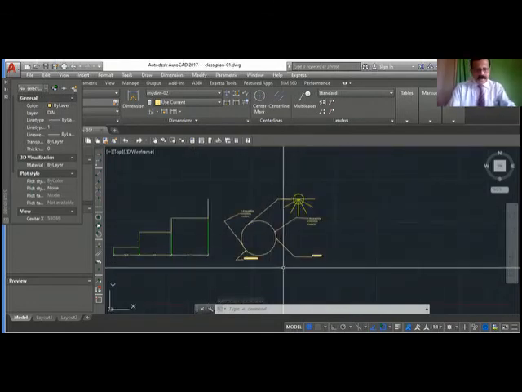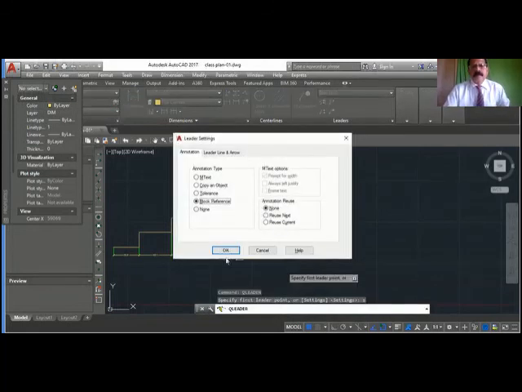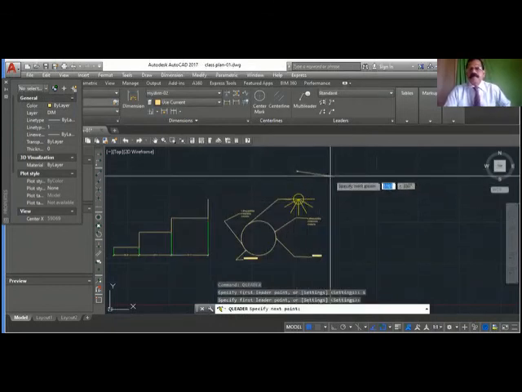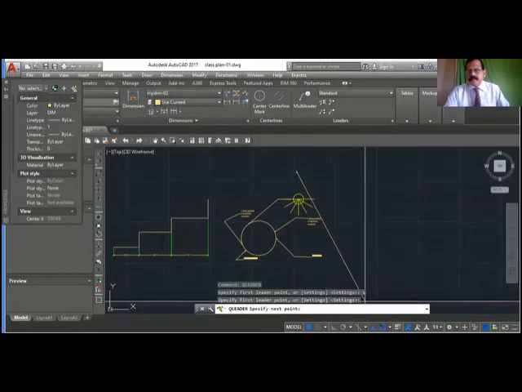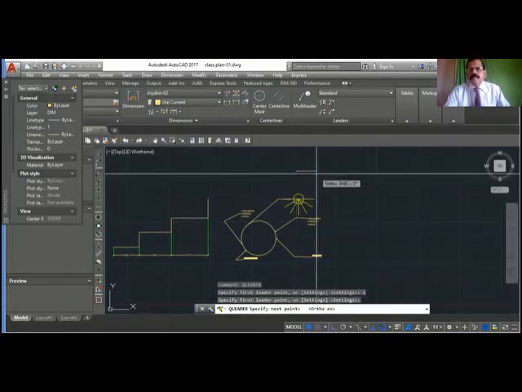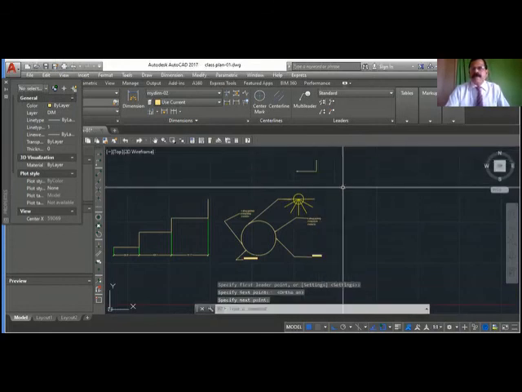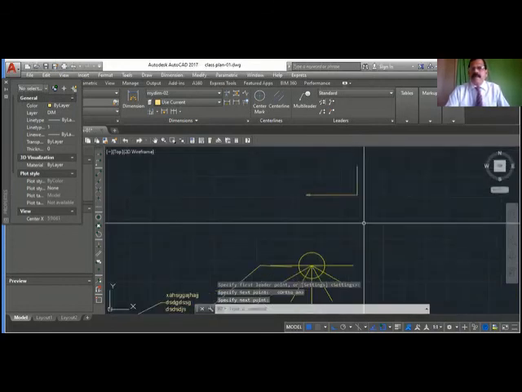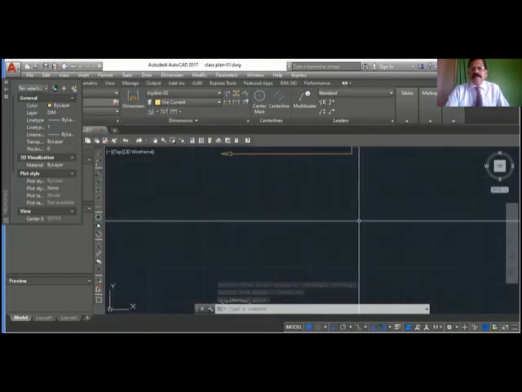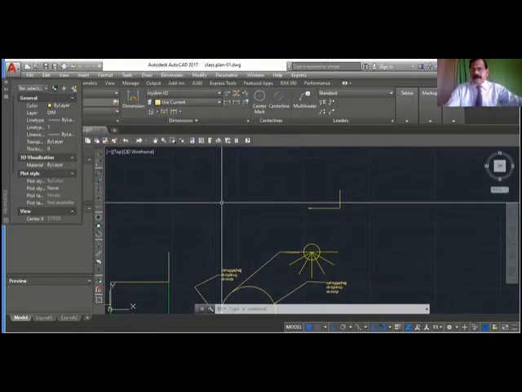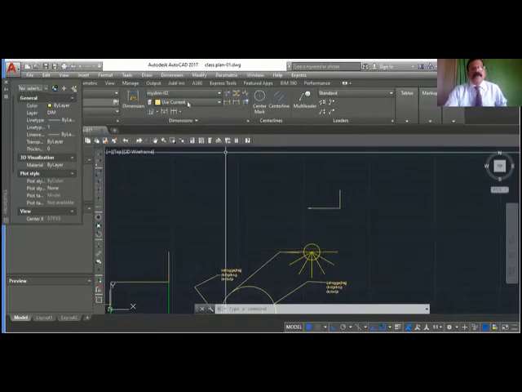Okay, Q leader, settings, none. That means you want only the arrow. Suppose you want only one arrow. How you want it, like this, like this, like this, like this. See, you have only arrow, none. Okay, so Q leader is a very powerful command. Okay, so I think you write down that